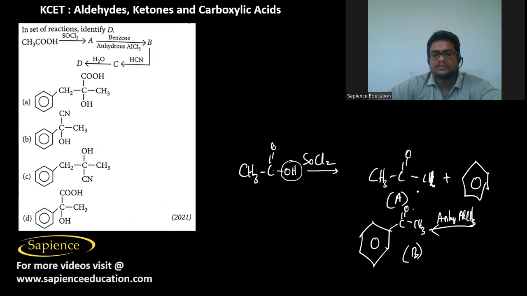So it will react with anhydrous AlCl3 to form this compound B, and then further it will react with HCN to form